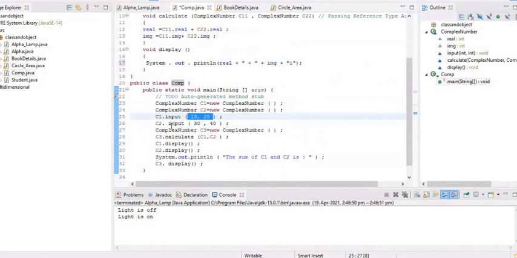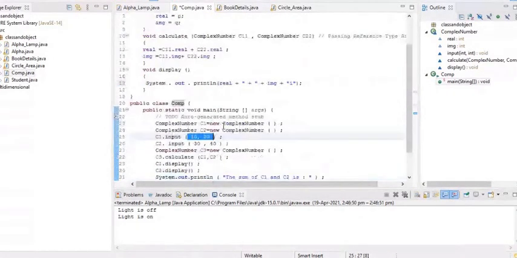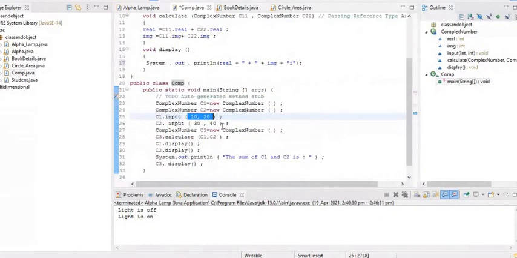Then I have again called the input method. I have passed the primitive parameters 30 and 40. So what I can say? I can say that for C2, which is referencing the heap memory, in the heap memory the data real and imaginary is going to be initialized with 30 and 40. Then I have created the object reference C3, allocated memory in the heap area.